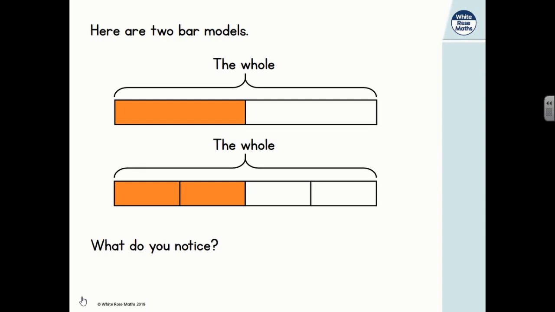But the same amount is shaded on both. 1/2 is equivalent to 2/4. Does this still show that 1/2 is equivalent to 2/4? Yes, it doesn't matter where the shaded part is, as long as 1/2 is shaded and 2/4